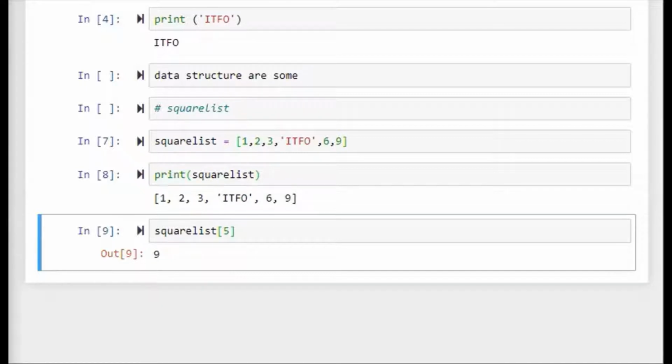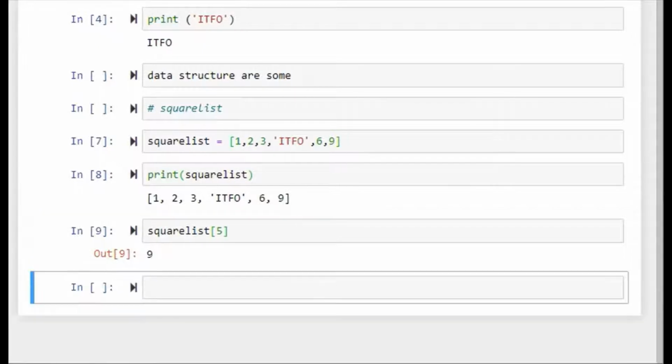If we want to see a series of items, more than one item, then we use print square list of 3 to 5.